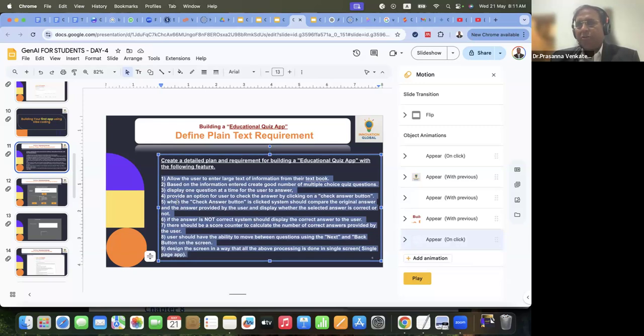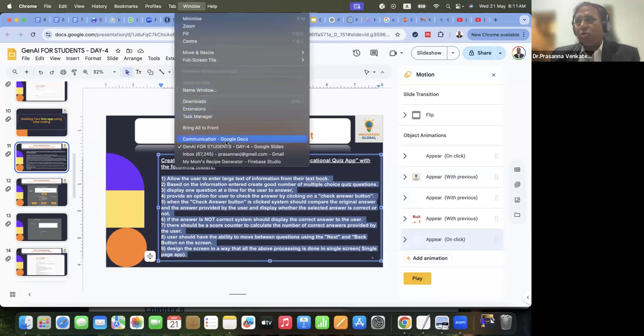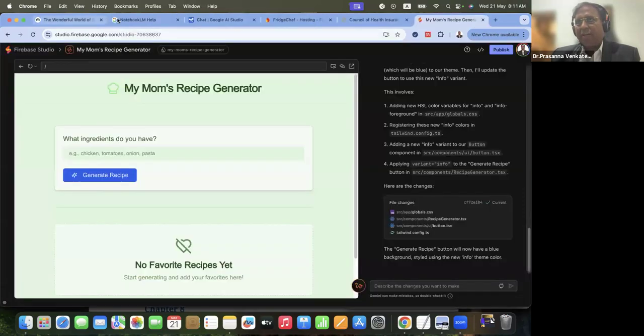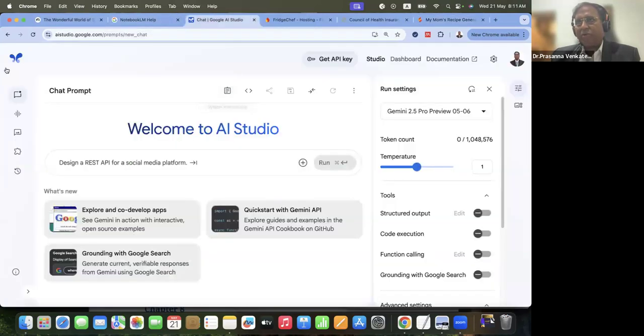So first, this is what I've written now, right? And this I'm going to copy. I'm going to go to our Google AI Studio. I'm going to go to our first friend, Google AI Studio. We are all familiar with this, right? And I'm going to say,